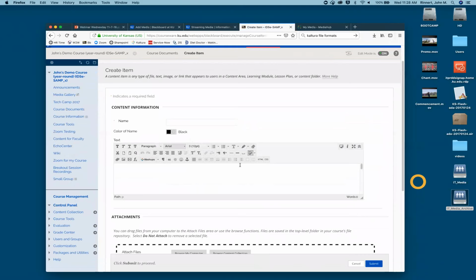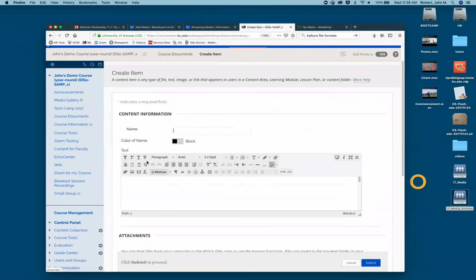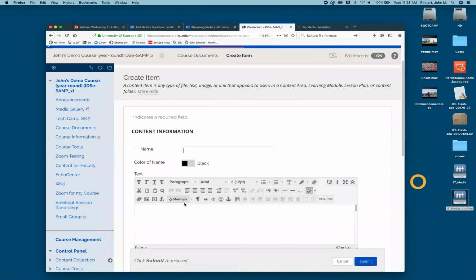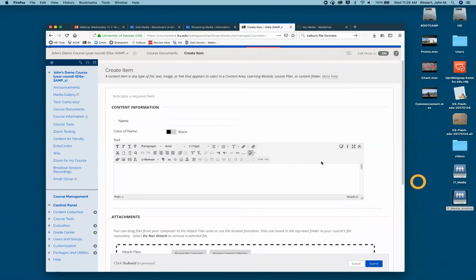Anywhere that the text editor appears, where you can do a description, you also have, under this mashups area, Kaltura Media. I wouldn't usually use it, if you have the option of doing the build item Kaltura Media, that's an easier workflow.